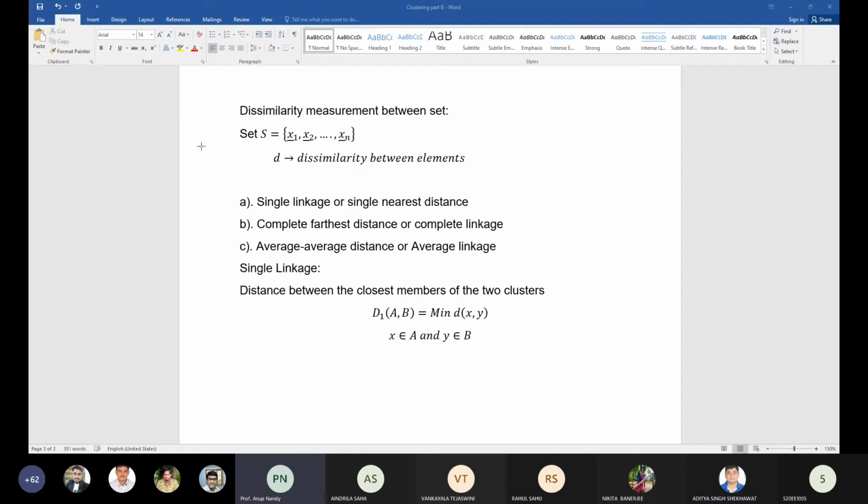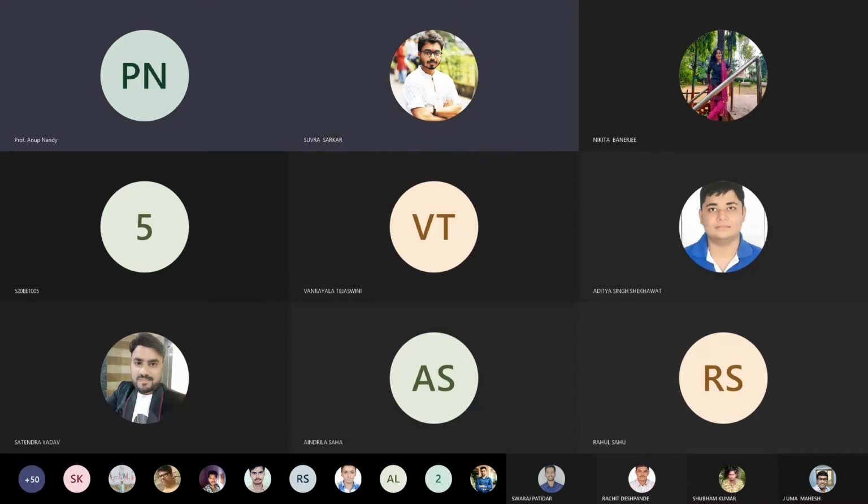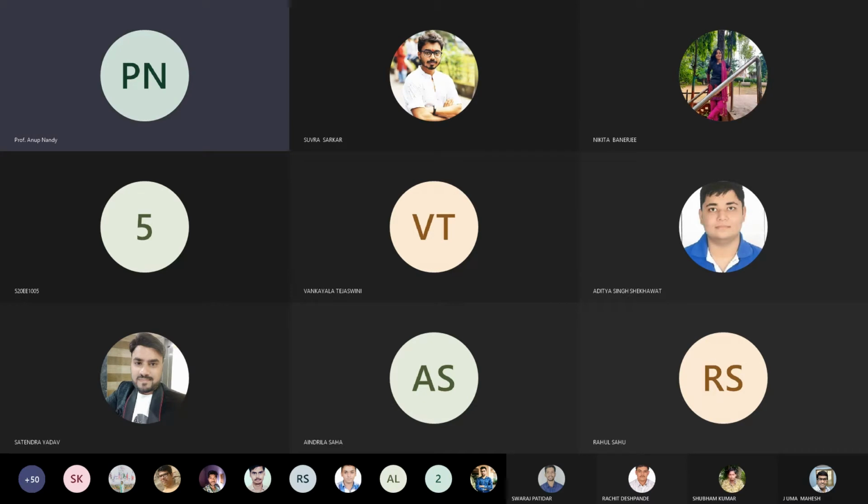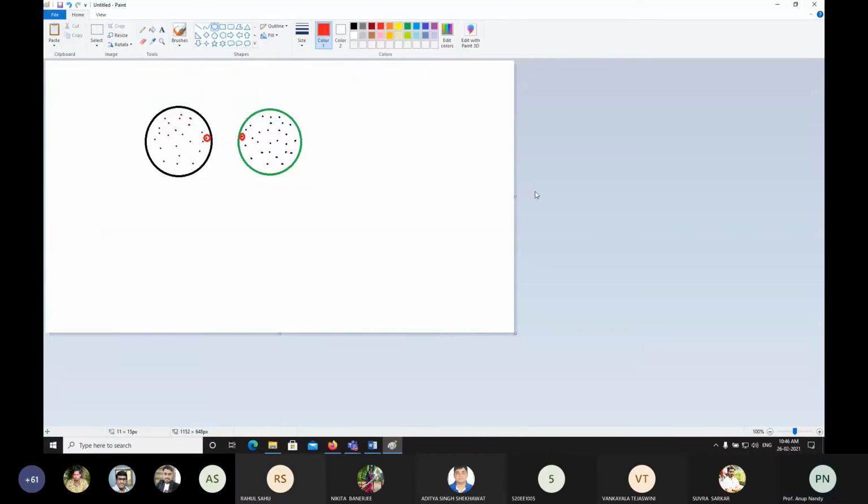Sir, this point. Yes, sir, are you painting something? We can see actually. I am painting, I am using the image print. No, sir, it's not visible. Oh, it is not visible. Oh, wait. I need to share my entire screen. Okay. Yes, sir. Wait. Now is it visible? Yes, sir, visible. Now it's visible. Okay. Sorry.